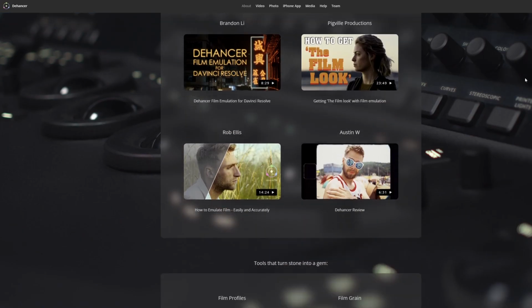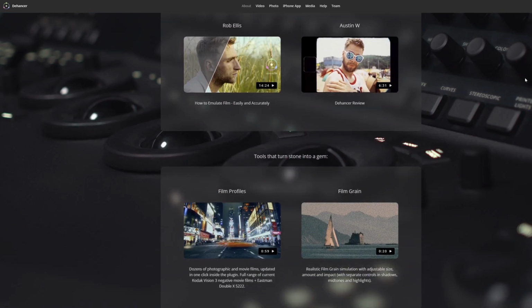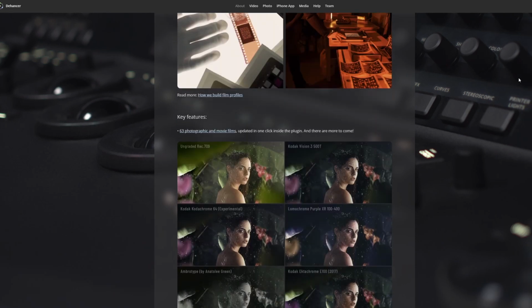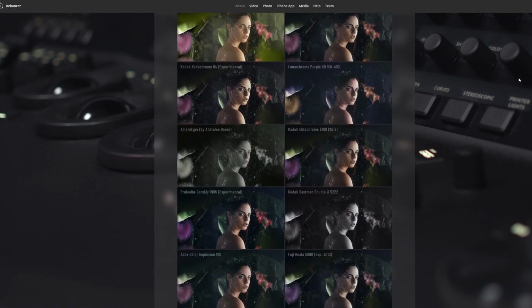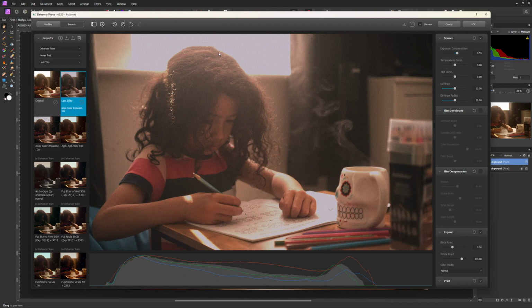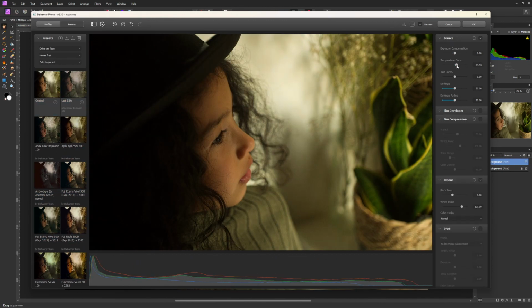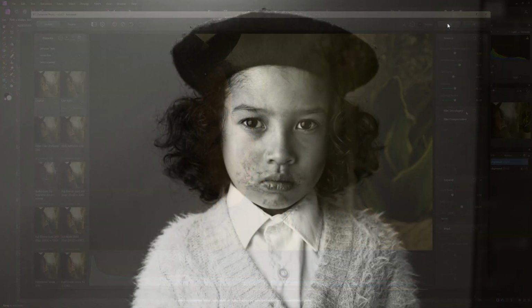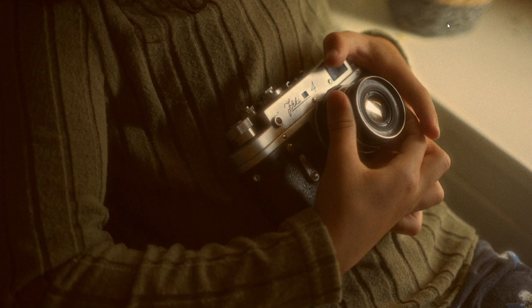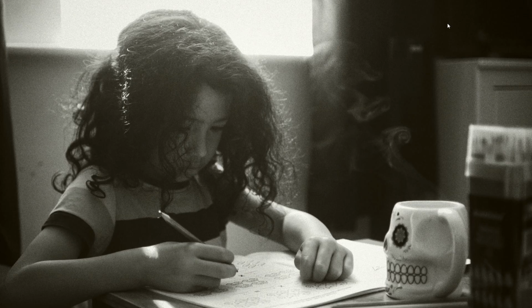So, today's video is going to be about Dehancer. Dehancer is a plugin for photo and video editing software that will allow you to process your work in film style. They have different presets available based on old film cameras, and you can also create your own if you like. So, before we head to editing, I will first take some photos you can use,